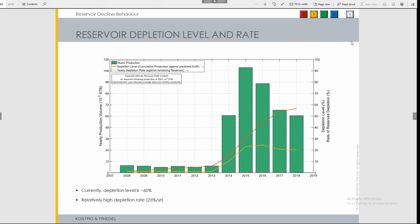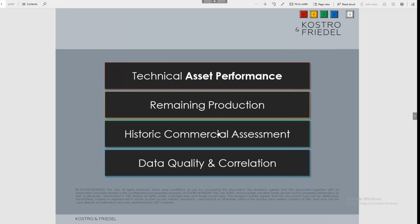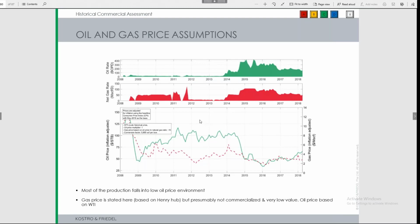So if I jump back to the overview, then I go directly into the historical commercial assessment. The first slide is always an overview slide where we see, okay, this is from this field. We can see already in 2014, what I indicated already, they ramped up the production in this field. The same for the gas. And on the lower